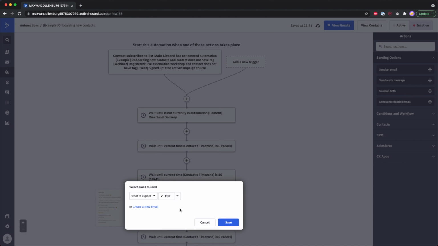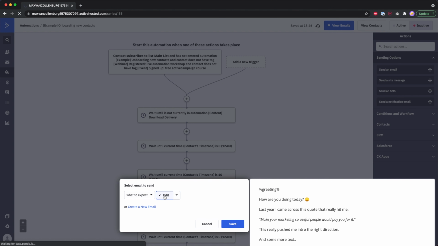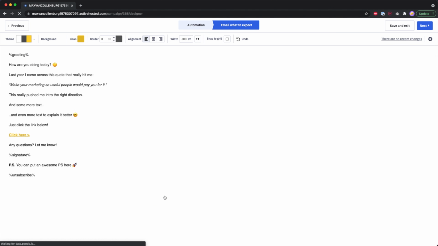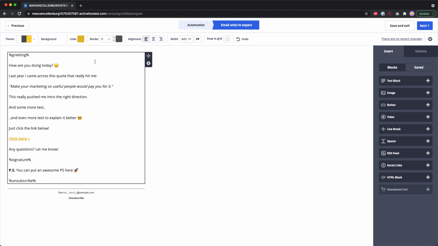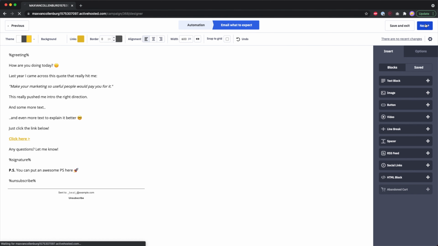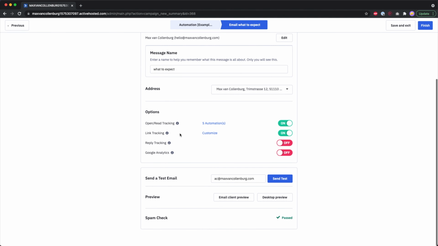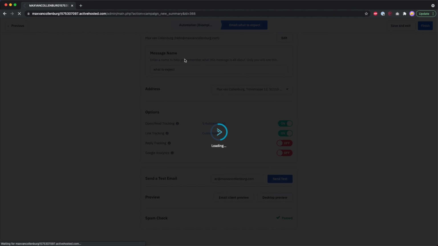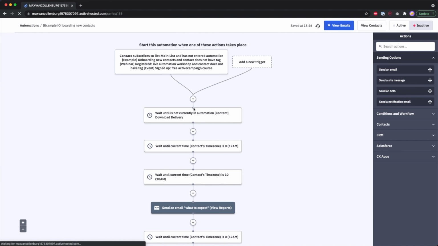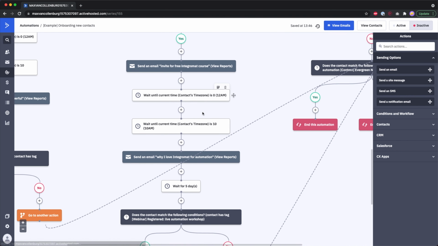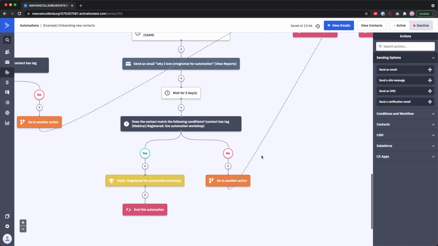Okay, now I want to change an email. So I'll click edit. And then it's taking a few seconds again before this is loaded. And right now it's still going really quick. I have times that I sometimes have to wait 5 seconds, 10 seconds. And I don't know, maybe I'm a little bit spoiled, but sometimes I'm working on these automations for quite long and then I have to wait and I have to wait. And I just think it can be a little bit annoying sometimes.